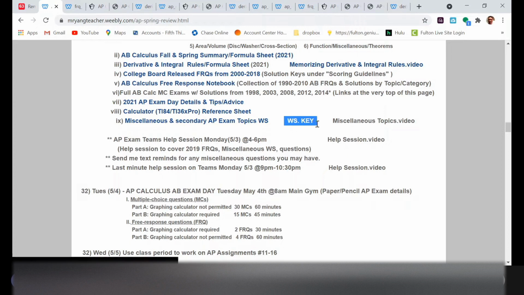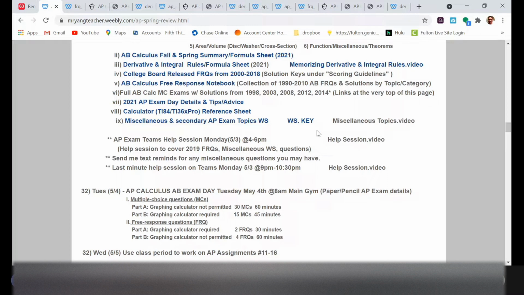I have the key attached as well, but only if you have time, right? I don't want this to be the first thing and the only thing you do tonight. Only if you feel comfortable with FRQs and multiple choice and you're just looking for some, if you feel good about the major topics, then you can spend time looking through those secondary topics. I have the key attached, but if you have any questions, I don't think I'll be able to create a video in time, but if you have any questions, you can always stop by in the help session, and I'll go through it in detail with you if you like.